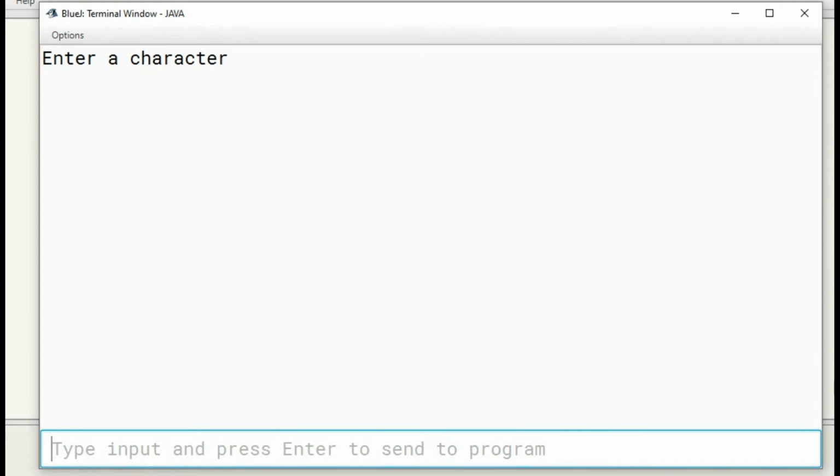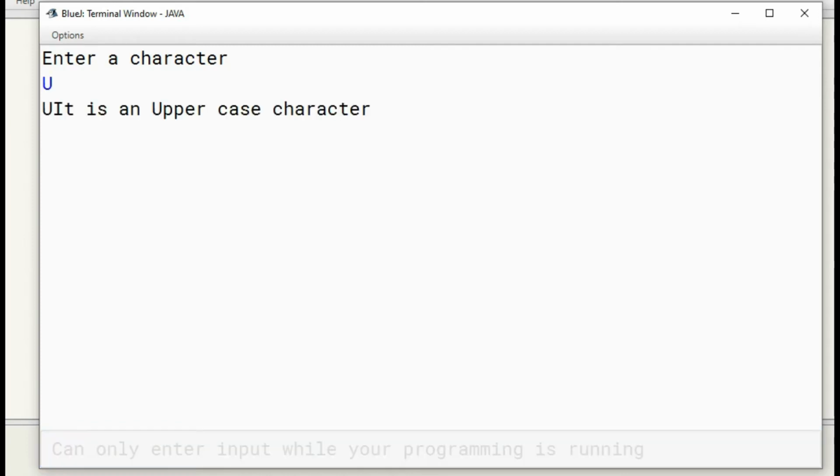So suppose we are entering a character that is U, so it's a letter and it's an uppercase character. So that is the message, it is an uppercase character.